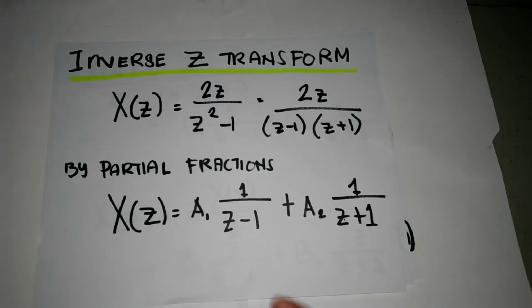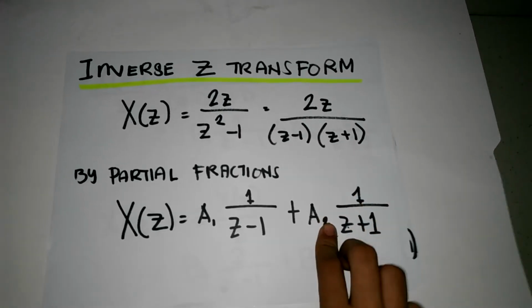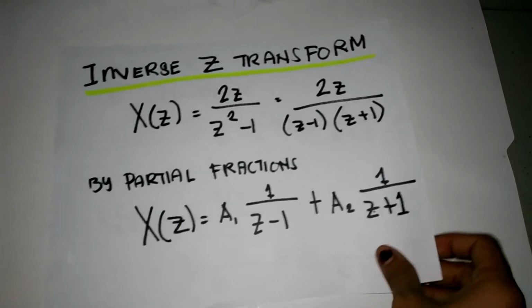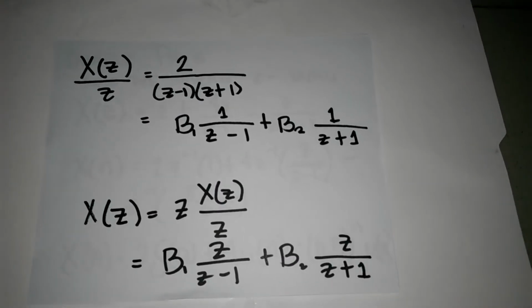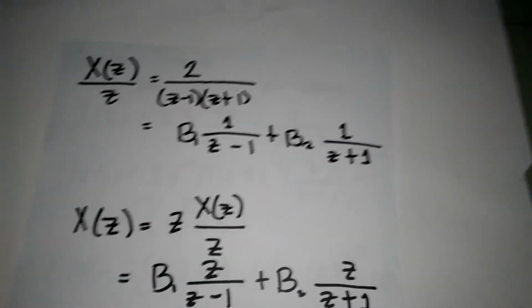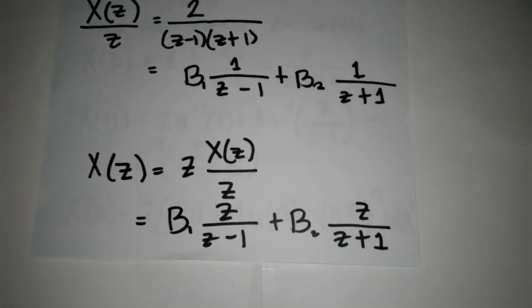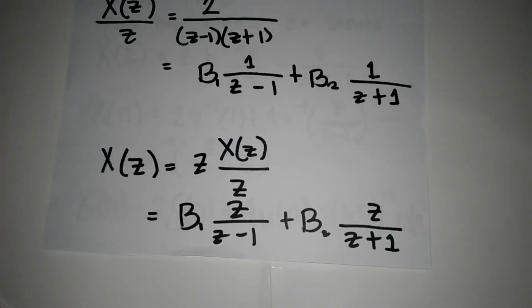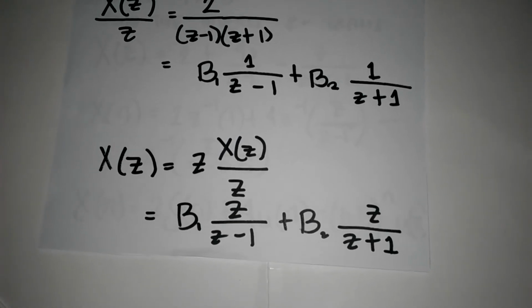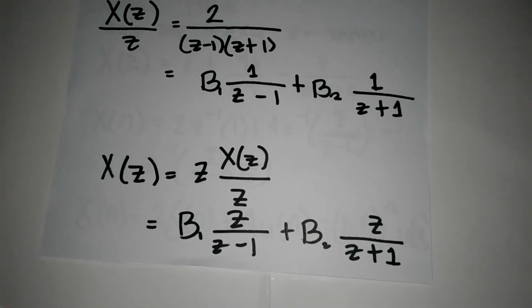I wrote it as over because I already multiplied 1 and a2. So one can compute the coefficients a1 and a2, but the rational functions 1 over z minus 1 and 1 over z plus 1 do not appear